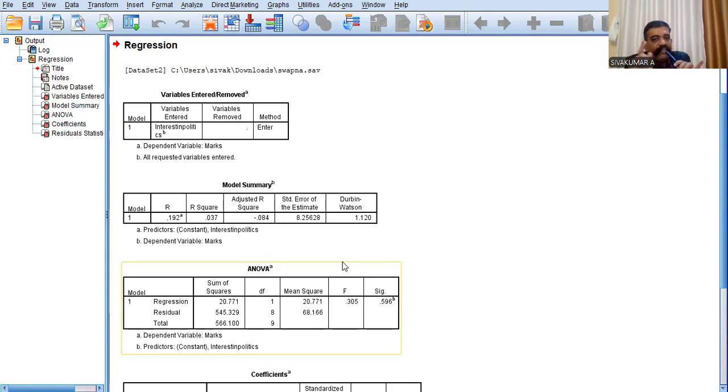That means the condition is not satisfied. There is a problem of autocorrelation. If the value is 2 or any value near 2, no problem, we may accept it; there is no autocorrelation. But here the value is 1.120, so there is a problem. The researcher cannot accept it. There is a problem of autocorrelation. The fifth condition, independence of observation, is not satisfied. The fifth mandatory condition is not satisfied.